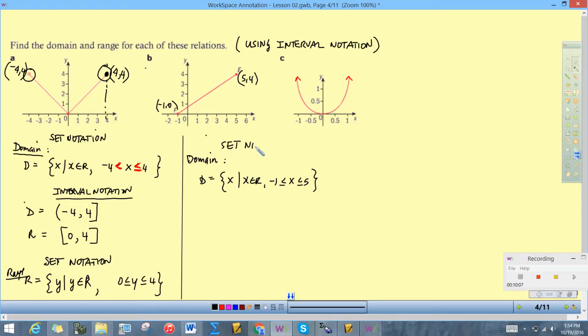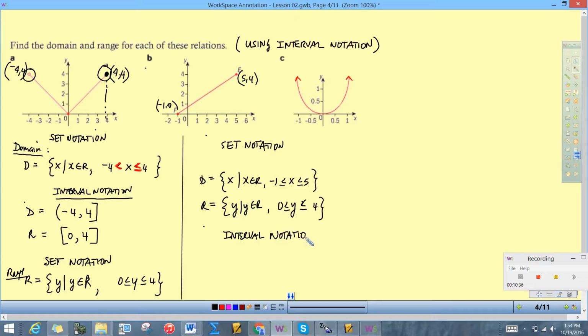Okay, so in set notation it was like this. And then our range is going to be y is such that y is an element of R. And my values of the y, they start at 0, so it has to be greater than or equal to 0 or less than or equal to 4. Okay, now, if we now want to do this in interval notation, which is the scope of this lesson,